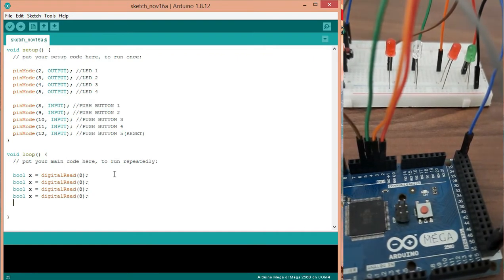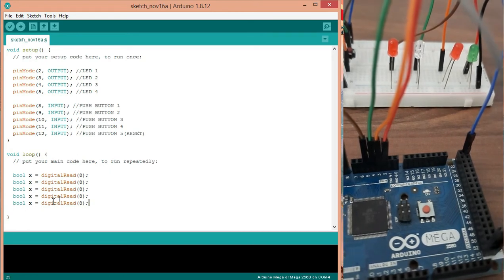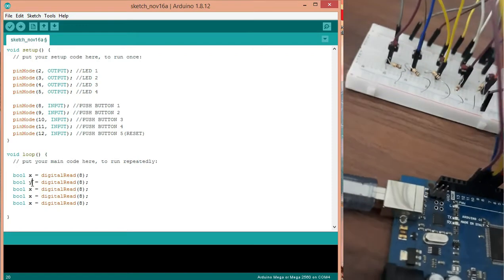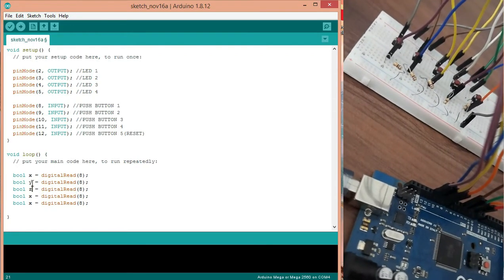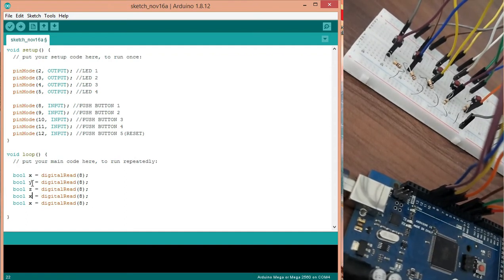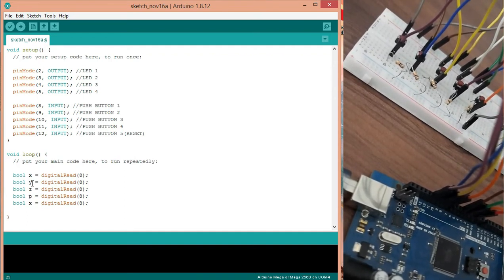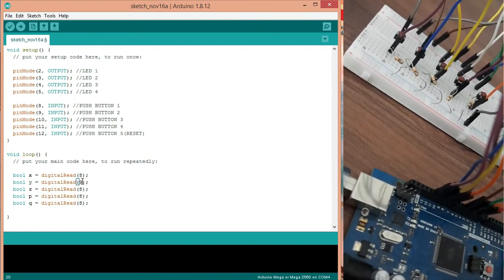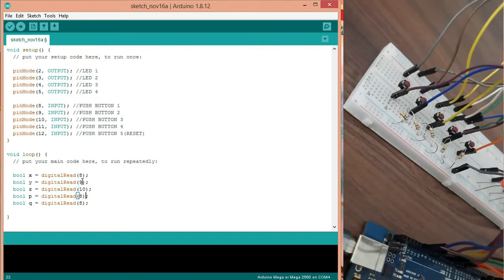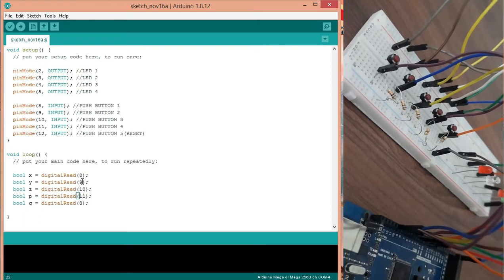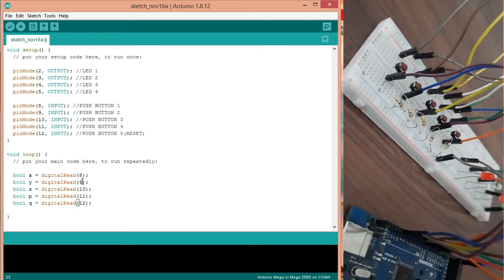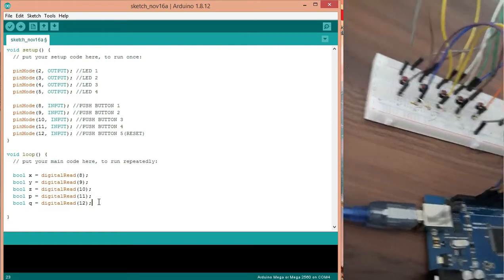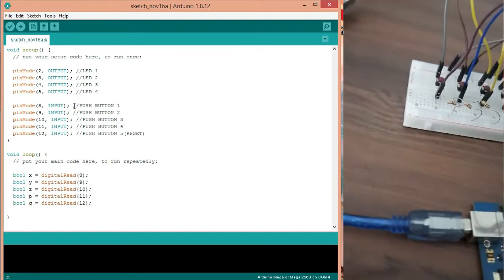We have 5 push buttons, so the variables are X, Y, Z, P, Q, for pins 9, 10, 11, 12. These are all for push buttons.